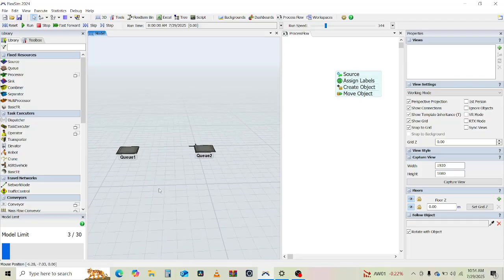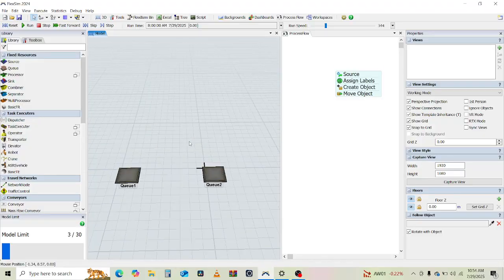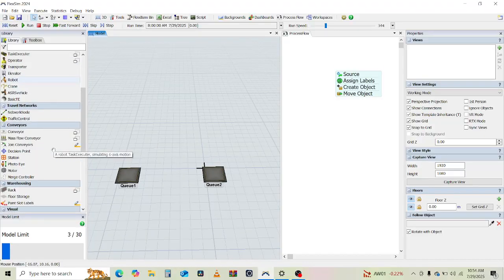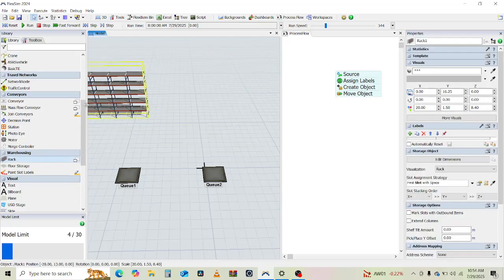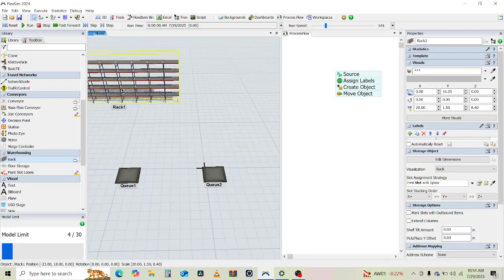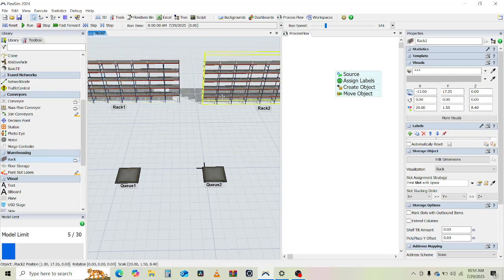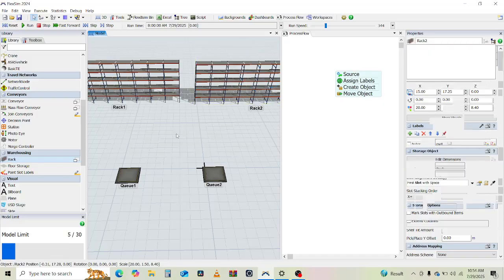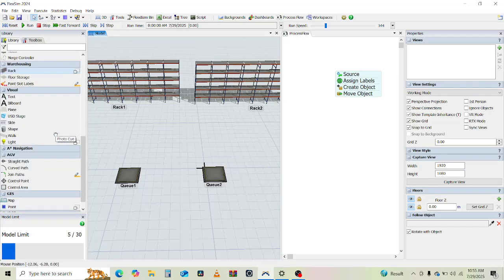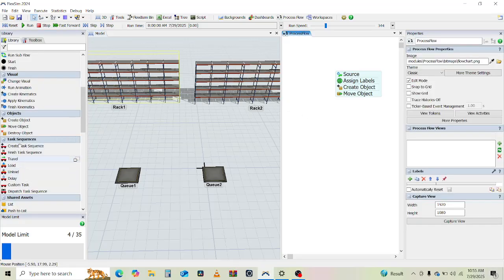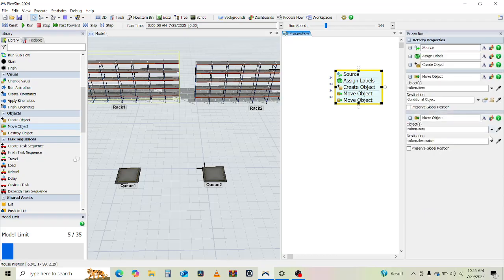Okay, so now I want these boxes to be stored in two types of rack, one for product one, one for product two. Let's say I keep the rack one here and I keep the rack two here. Okay, so now let's say I want to store my products into this rack. So let's take another move object block, and I want to tell them